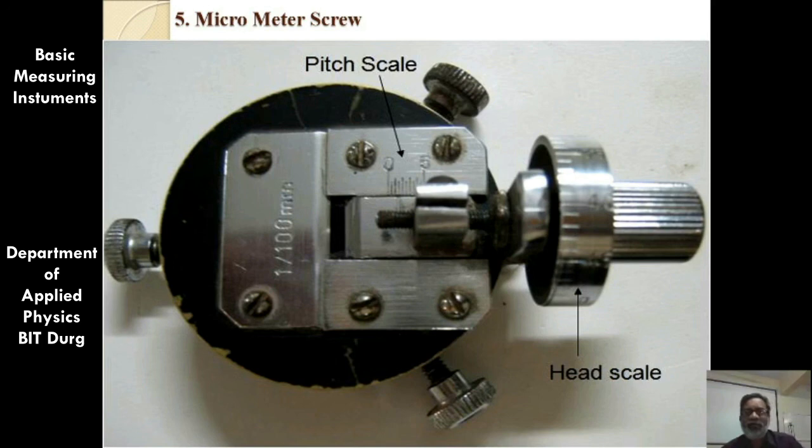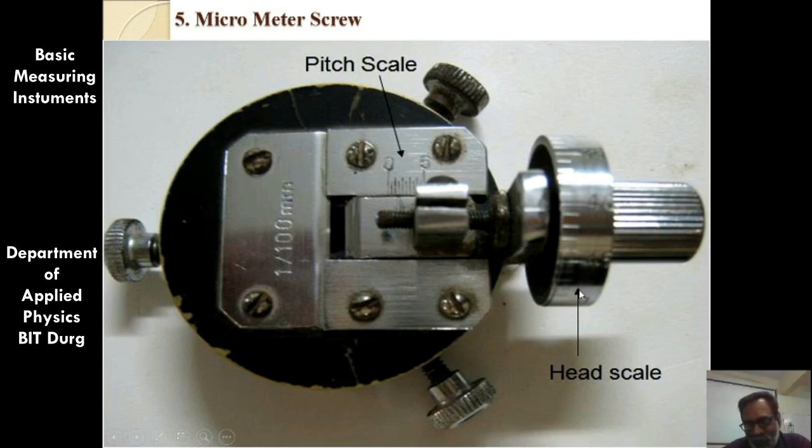You can see another instrument with the help of which we can find the thickness of the slit. See, this is a micrometer screw slit. This you can see, this is the opening of the slit. This window is connected with this screw, and this screw in turn is connected to a screw gauge. This is the main scale of the screw gauge, calibrated from 0 to 5 mm. This 0 to 5 mm is divided into 10 divisions. Obviously, one division corresponds to 0.5 mm.